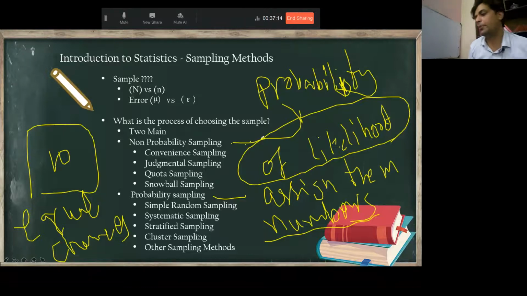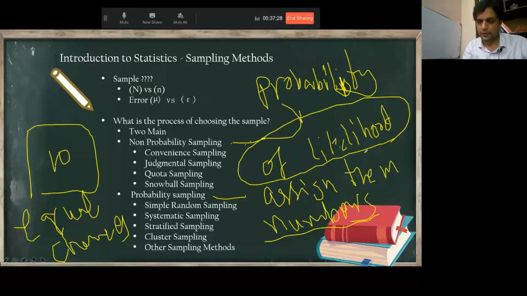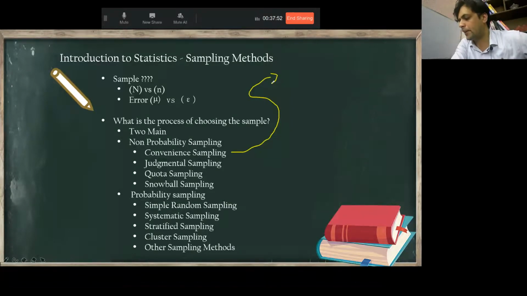Now let's come to non-probability sampling, which mostly depends on individual choice. In this choice, we have, one, convenience sampling. What is convenience sampling? As from the name, convenience sampling means when you are feeling convenient, right? You don't need to put in so much effort or so many resources, where the samples are drawn at your convenience. That's convenience sampling,